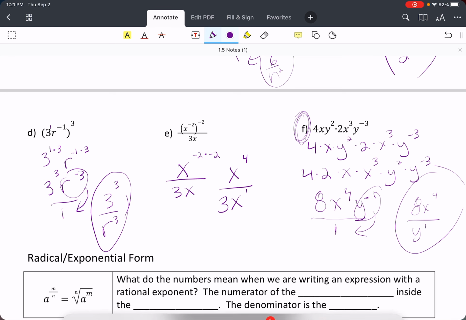So either way, I'm going to be having a 4 and a -1 that I'm combining, and so it should be x cubed over 3. Any questions? Okay, before we move on to our last